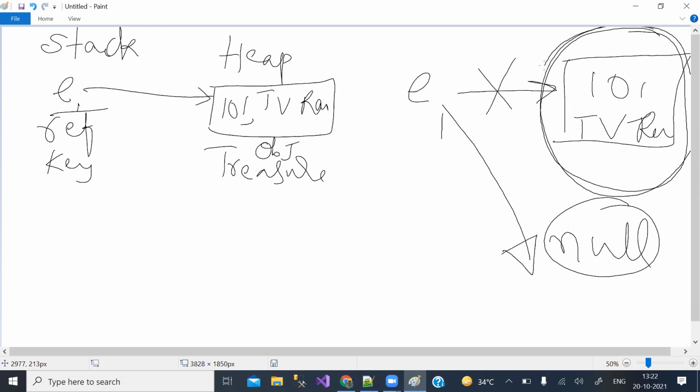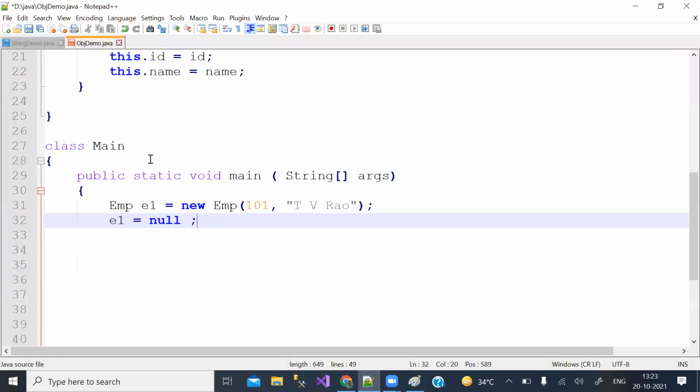Is this clear? In C and C++, using free and delete methods, we reclaim the memory. Whereas in Java, the programmer need not worry about unused objects. The Java Virtual Machine will take care of it. It will release the programmer from the burden of releasing the memory, so that programmer can concentrate on programming. Hope you understand it. Is this clear?